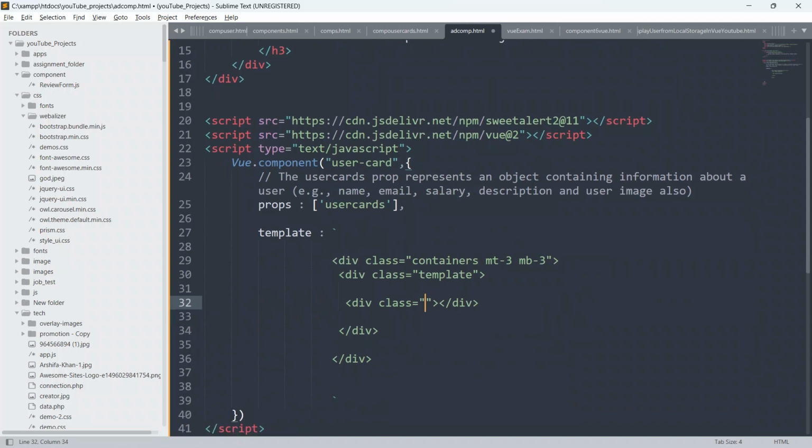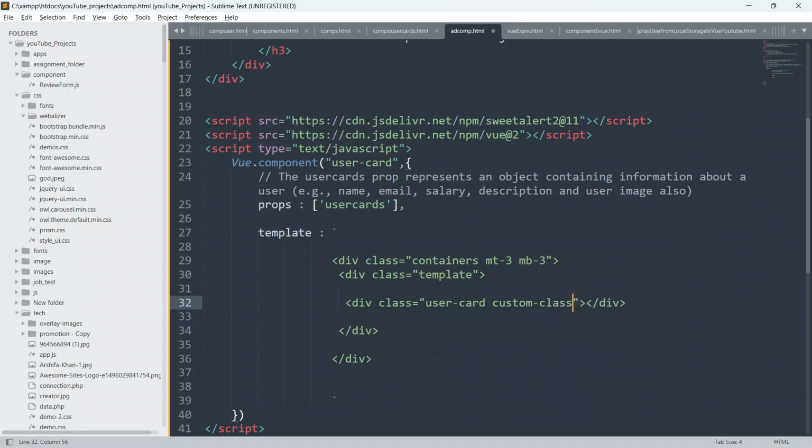Whenever you are creating an HTML element or HTML tag, always remember, guys, to first close the HTML tag, then only do something. Otherwise once you forget, you will have a lot of issues, where is the error, what mistake have I made. So always remember to close each and every opening and closing HTML tag inside the code. I will give the class user card, and also I will give custom class.